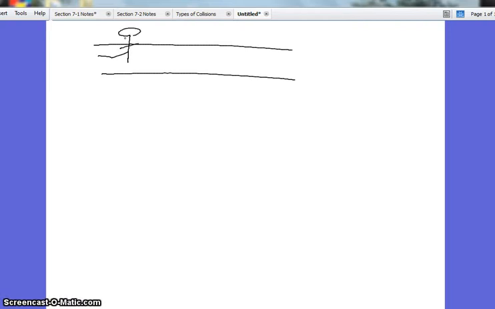And we're going to plot out where this person is located every second. And let's say that they're running at a constant velocity, so if I plot this out, here's where they start, and 1 second later they're at this spot, and 2 seconds they're at this spot, and 3 seconds they're at this spot. And so we can see that their distances are equal for every second, because it is at a constant velocity. And if I were to draw my velocity vectors, I would say, here's my velocity vector,